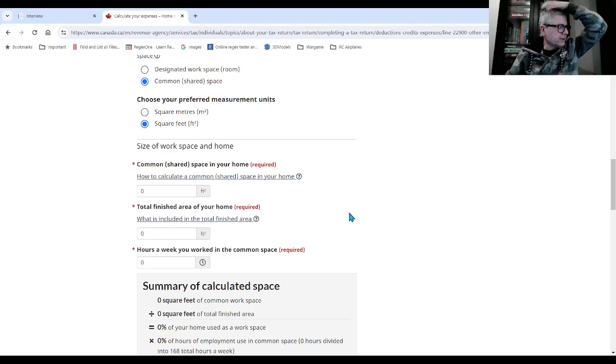Okay, let's say you have a small office, really small, 5 by 5, that's 25 square feet. Oh, wait a second. How to calculate a common shared space in your home? Okay, let's say it's 25 feet.